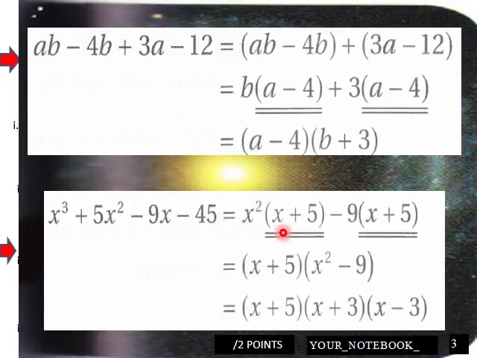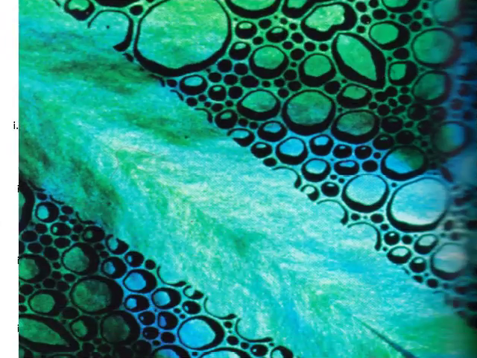And then here's another expression, where x plus 5 can be factored out. And you have x squared minus 9 comes down here, and then this can be further factored into